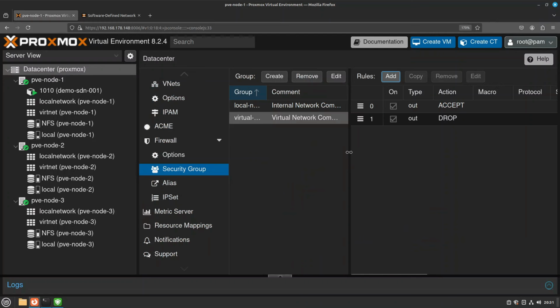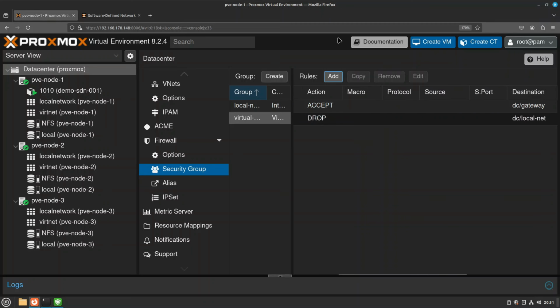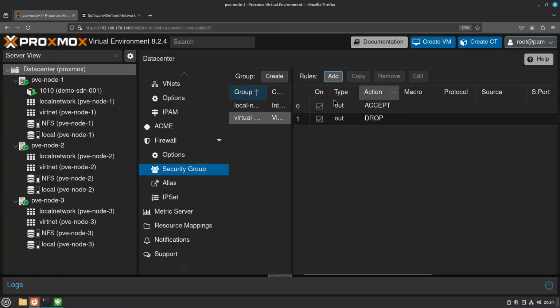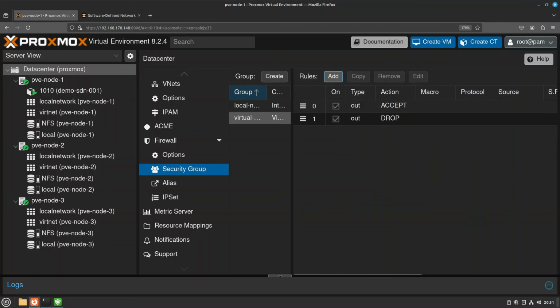So the way it works, and by the way, the order is very important, as the Proxmox firewall will go from top down. First it will try to connect to the internet. It says gateway accept, so it will connect to the internet. But if it tries to access something else, it will bypass this because it's not the gateway IP address, and it will be dropped. And the last option, which is a bit more optional for you,